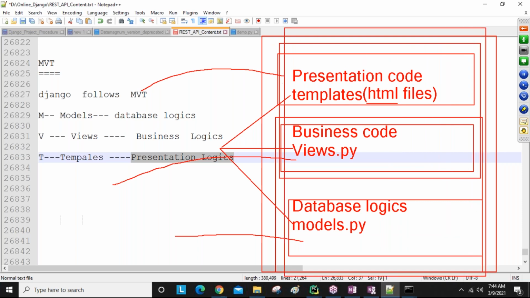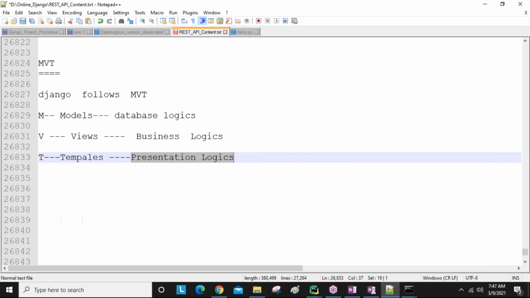Section wise we are going, guys. Starting onwards, we are not designing the templates, business code, and database code all together. There are a lot of rules and regulations, so according to procedure we need to go through all the concepts. Once you follow all the procedure, then easily you will be developing all the coding yourself.